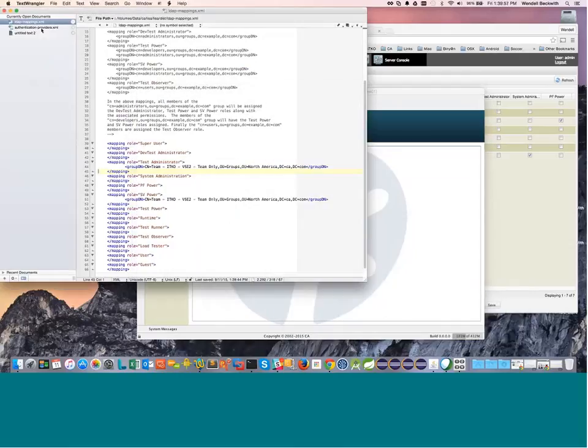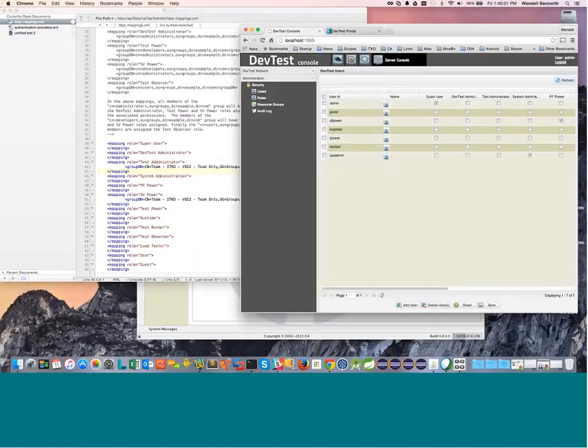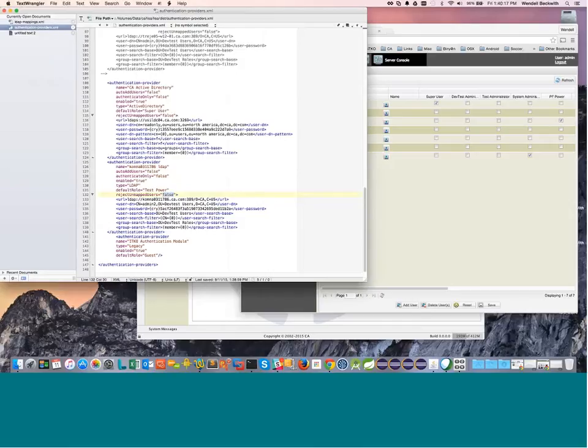Let's see. So when we come back over here and we refresh, we see that we do not have any new users actually added into the dev test database. All this being managed dynamically. And like I said, some users actually want that, everything being managed externally to the system, while some users actually want the opposite. So to configure that, we would come in here and we would turn on what's known as Authenticate Only, being true,